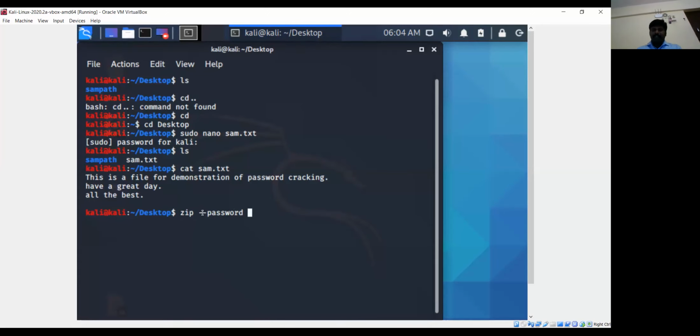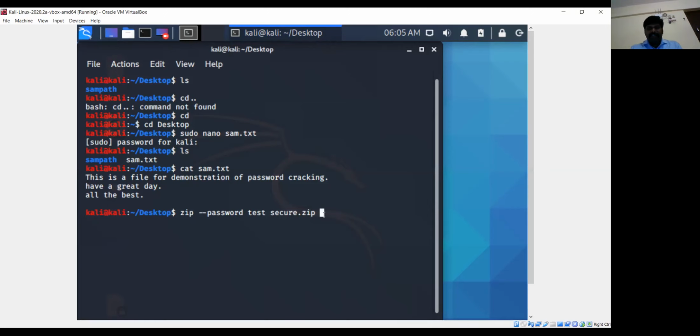Whatever password I write followed by the keyword will be the password. That password will be applied to the zip file, and it is going to be secured with the password. For demonstration, I am taking a simple password, for example TEST. This consists of only small alphabets, right? And followed by the name of my zip file, secure.zip. That is the output file I want to create.